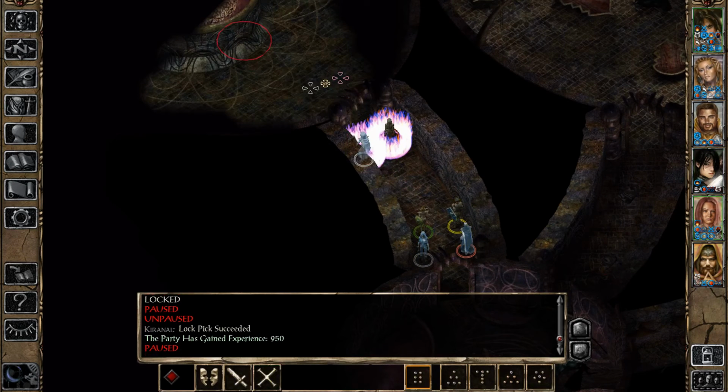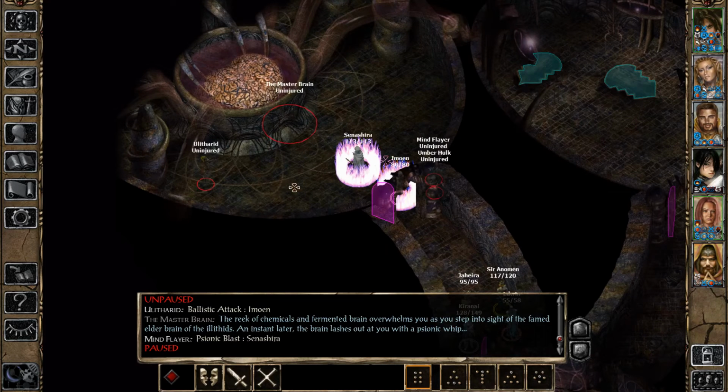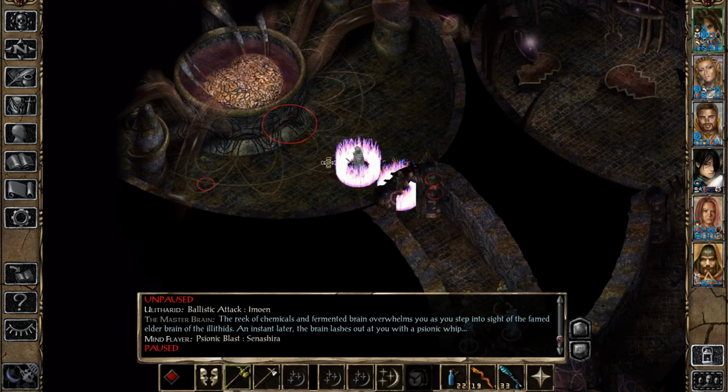Yes, certainly. Right, there we go. And here is the Master Brain, actually. It has 200 hit points and 50% damage resistance, although it's pretty vulnerable to spells, and we're going to use some. There's a couple of Mind Flayers around, but yeah, now we're going to...